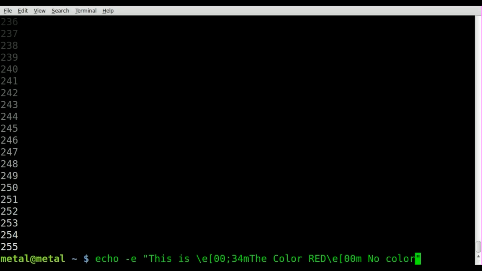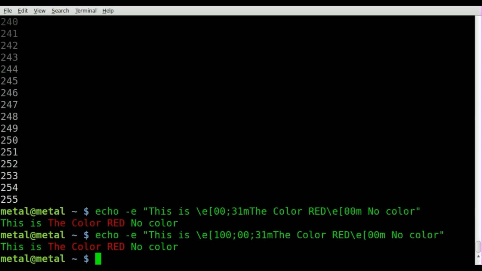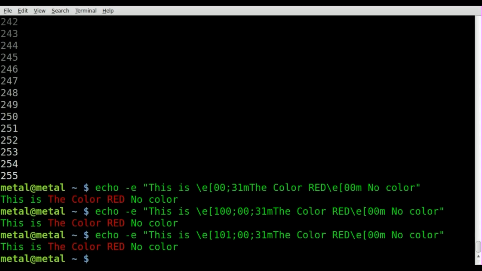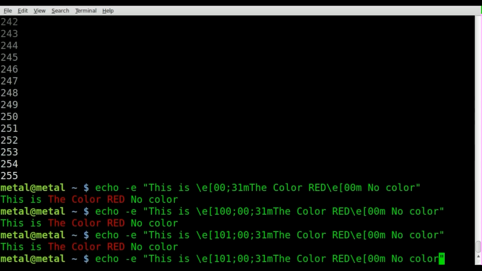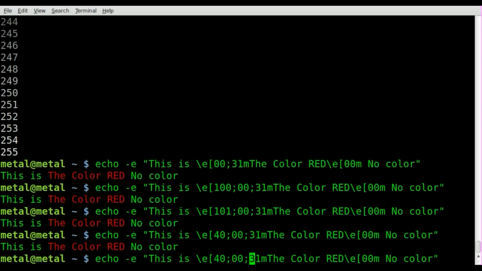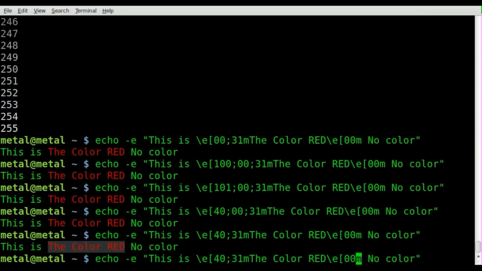So if we go back to one of our examples here, we'll change this to 31. So we got the red color. If we put in another number here, we'll say 100, semicolon, and we'll hit enter. Didn't seem to do anything. Let's try 101. Okay, now my tutorial is just completely messing up. I thought I would be changing the background colors there. Let's change this to 40. No luck there. There we go. Okay. So that second digit,